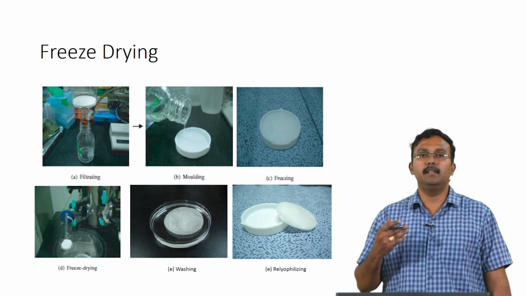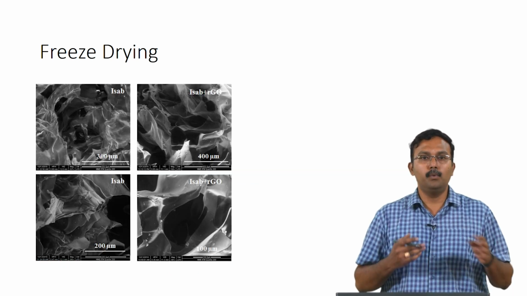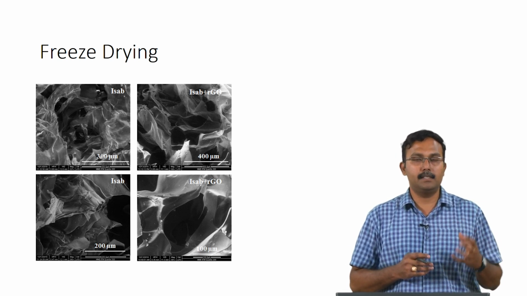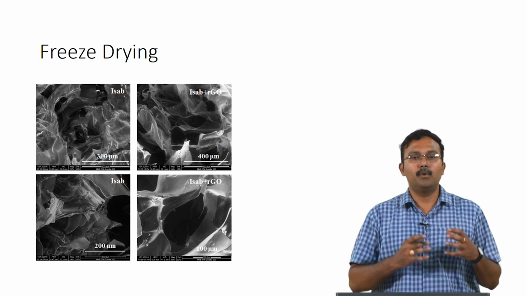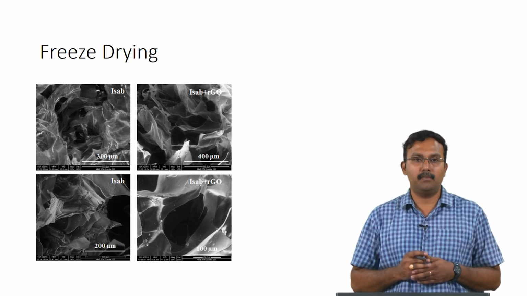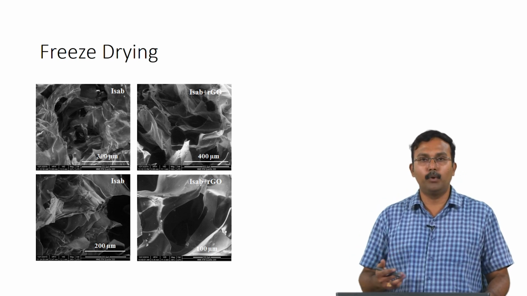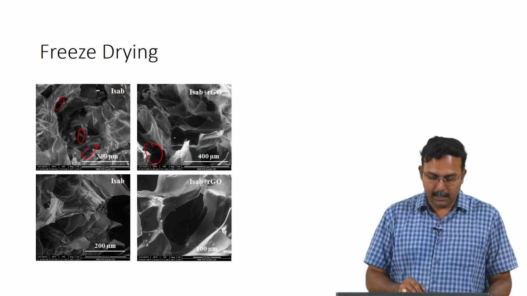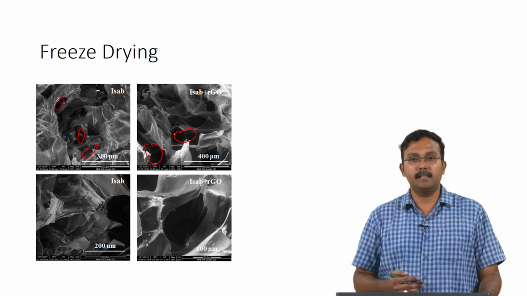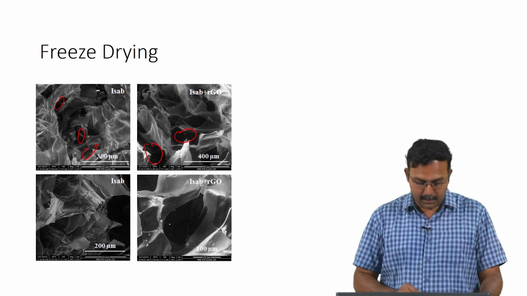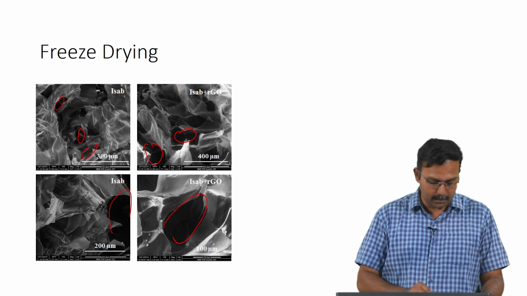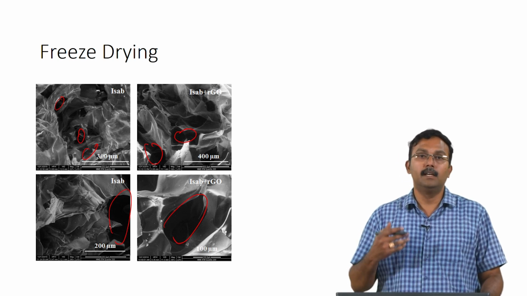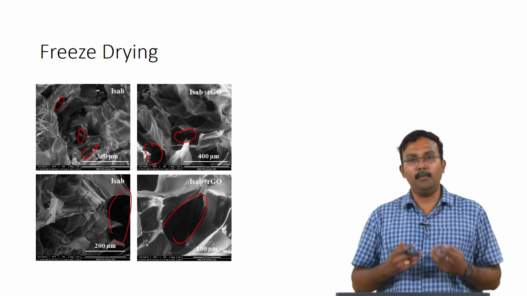When you observe these scaffolds under a scanning electron microscope, it would look something like this. These are scaffolds which were prepared in my lab, where isabgol, one of the carbohydrate polymers, was lyophilized to form scaffolds. As you can see, it is a highly porous structure, and you have huge pores which are very nicely interconnected as well. This kind of highly interconnected structure, which you can see in the magnified images, can help in cell infiltration and also with nutrient diffusion. So, this is one of the common strategies which is used.